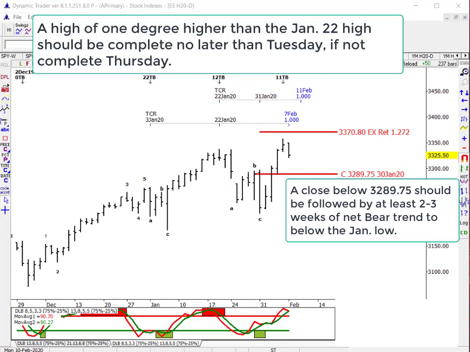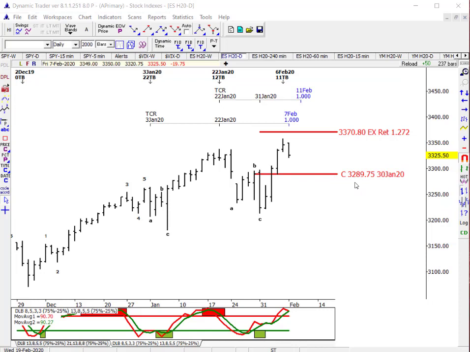Our daily momentum already made a bear reversal on Friday, so I would not be surprised if we've already completed this top. We've got to trade all the way down with a close below 32.8975 to confirm the weekly high and continuation of a bear trend to test and probably exceed these lows. Again, it's not going to be a big bear market, but it should be at least another 2 to 3 weeks of sideways to down and net bearish trend. So just be prepared for that, particularly if we make a close below